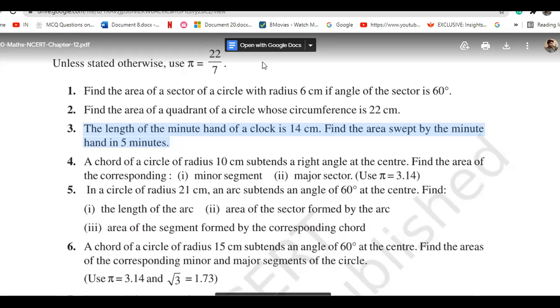Okay. So will you be able to calculate this one? That simple question. Yeah. So 154 upon 3 centimeters square. Yes, okay. So that's all for today. We'll meet you in the next class. Okay, sir.